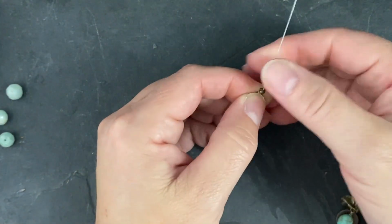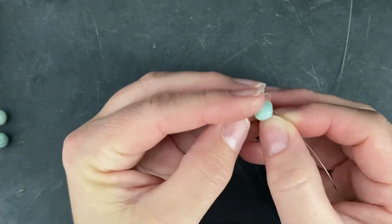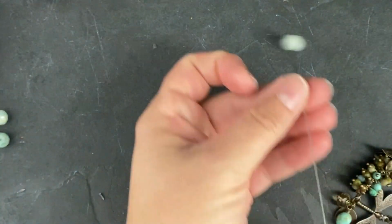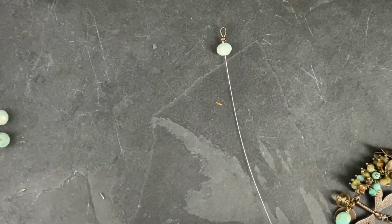All right, so once we have that crimped on there, the pattern I'm going to start out with is an amazonite rondelle bead, and I will send 3 with your kit. If you don't need it, it's okay, don't use it. Depends on what size of bracelet you want. And then I will be using the 11-0 glass seed bead